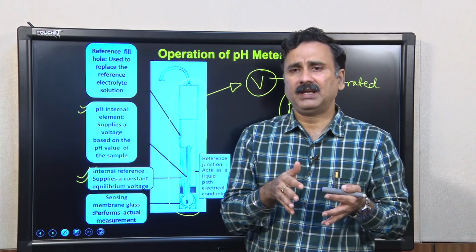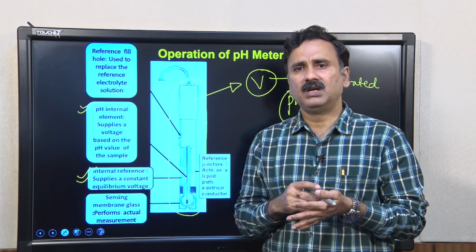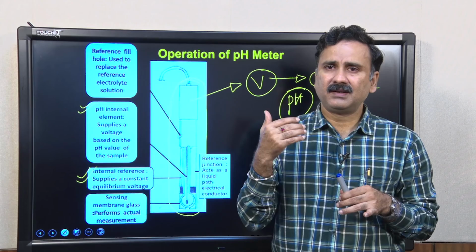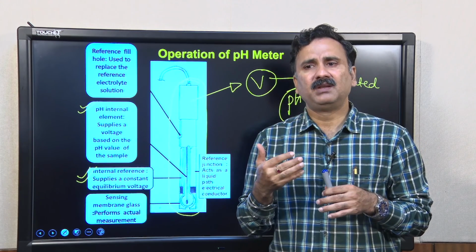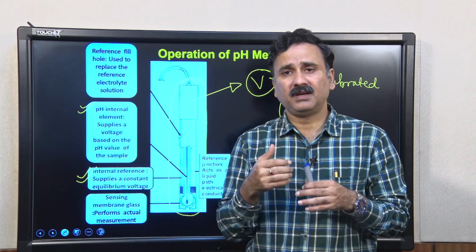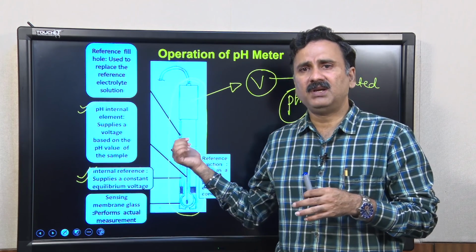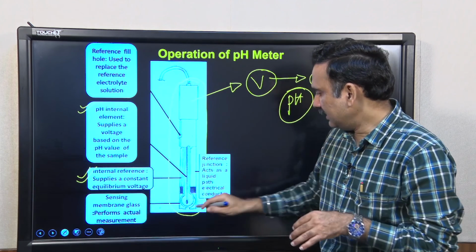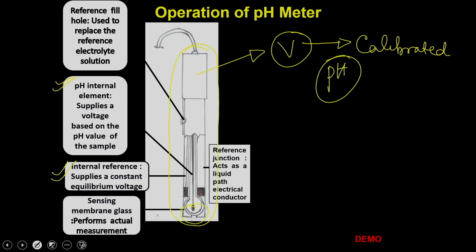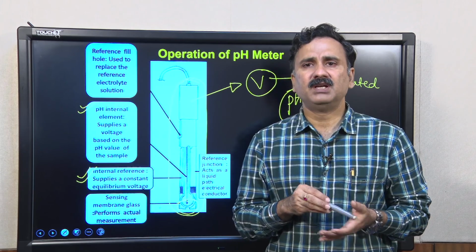So, it looks very simple that you have to do all this, but when you are going to operate the pH meter, you have to take multiple precautions, as well as you have to be very careful when you are handling the pH probe, because it is very susceptible to multiple types of damage, because the body is made up of glass, and this membrane is very sensitive to different types of reactions or different types of treatment you do within the solutions. So, let us see how to operate a pH meter.